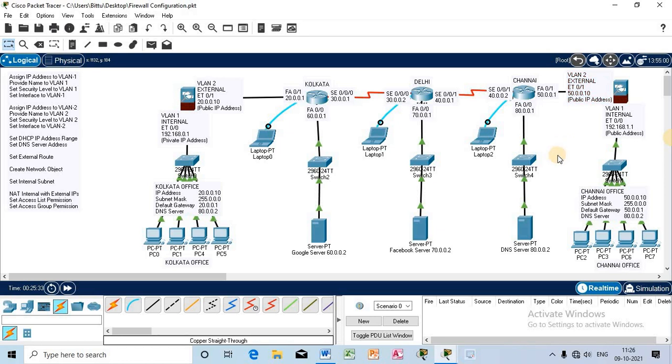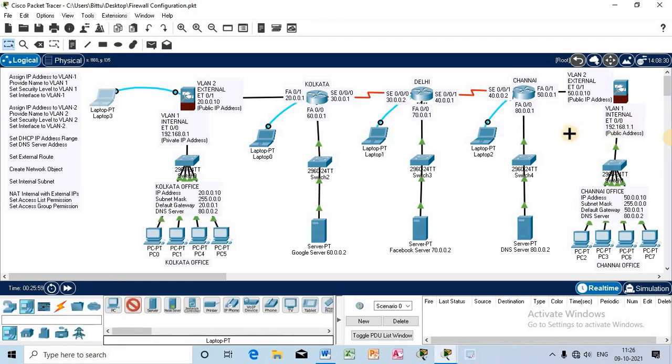So now I need to access the hardware interface. I will take a laptop. The firewall does not have its own screen. I will take the console cable and connect the laptop with the hardware firewall to access its interface, because a firewall by default does not have any screen to access its interface. So through the laptop screen I will be able to access it.